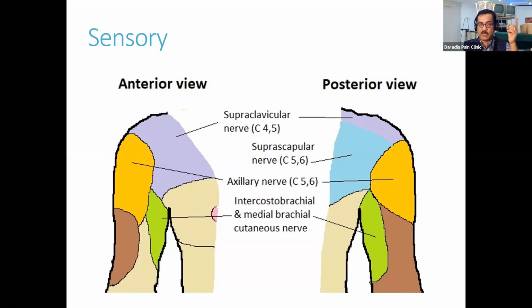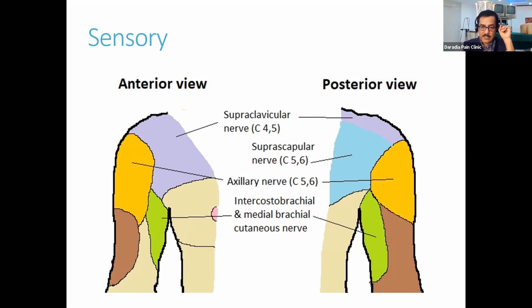Again, the axillary nerve has a lot of important supply. The deltoid muscle, teres minor, and some other muscles are also supplied by the axillary nerve. So again, axillary nerve block, particularly denervation or neurolysis, can be done only after all the muscular branches have gone off. After that, you can do it. And that is normally done at the junction of the head and the shaft of the humerus on the lateral side. We might be discussing in some other classes the radiofrequency. At that time you can discuss it.